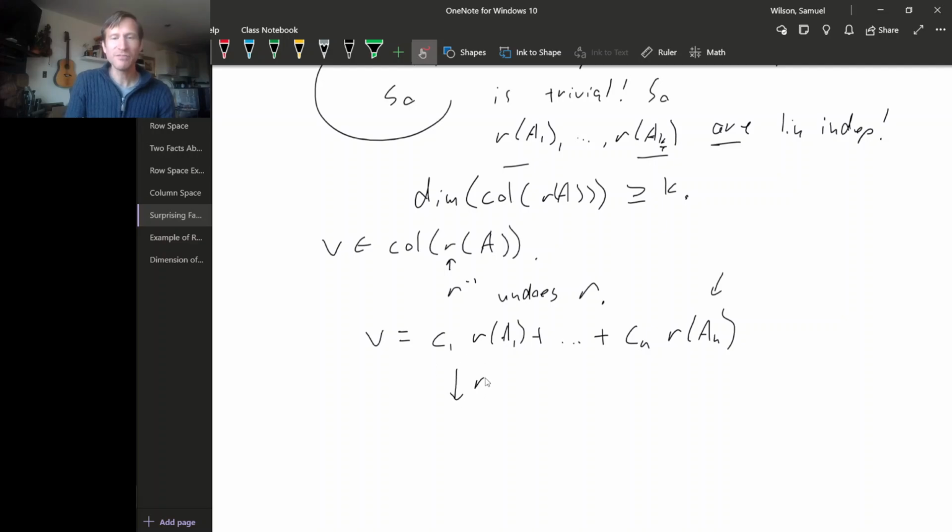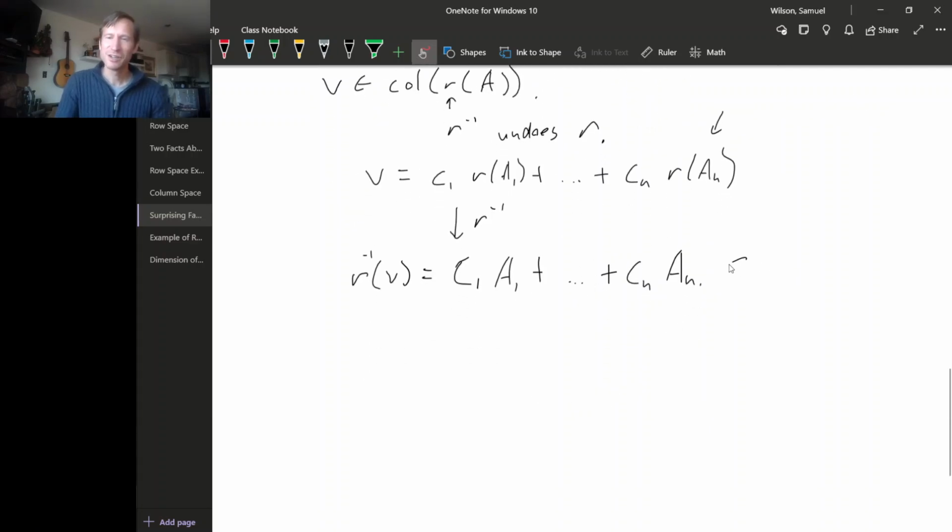Well, if we do R inverse, again, we know that row operations don't change solution sets to equations like this. So if we do R inverse, we get the exact same equation, but the coefficients don't change, so still C1. Of course, when we do R inverse to this column, the row operation applied, well, if we do the row operation and then undo the row operation, we just get A1 back, right? And so on, down to Cn An, like this. Okay, but look, we know